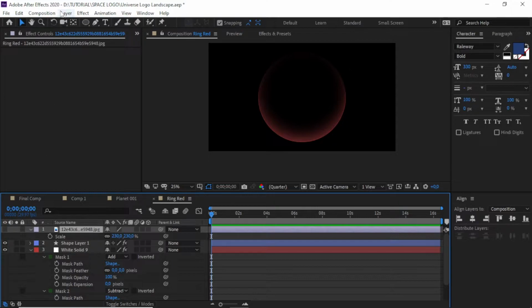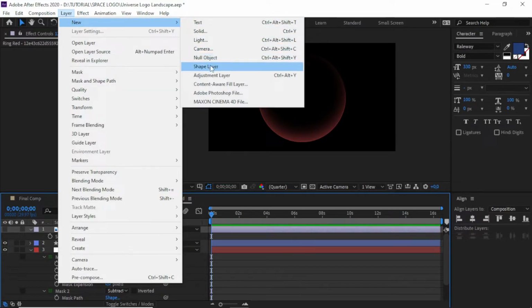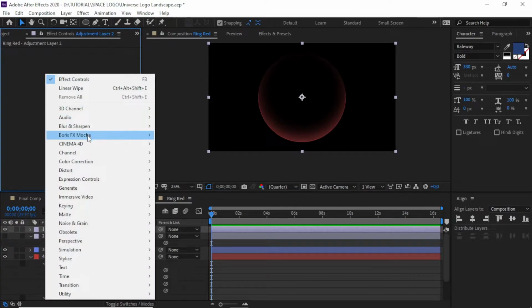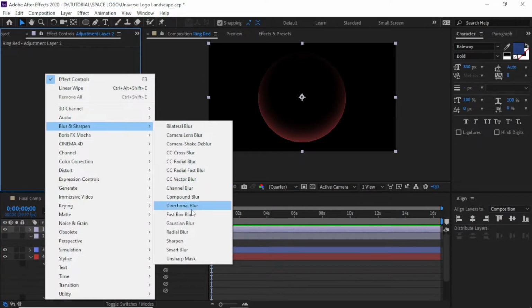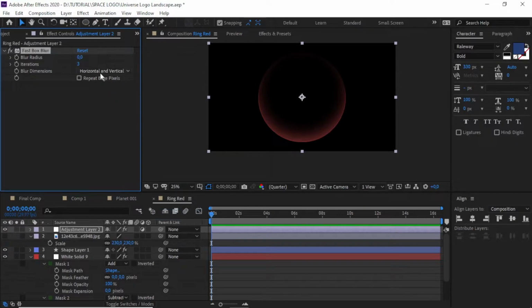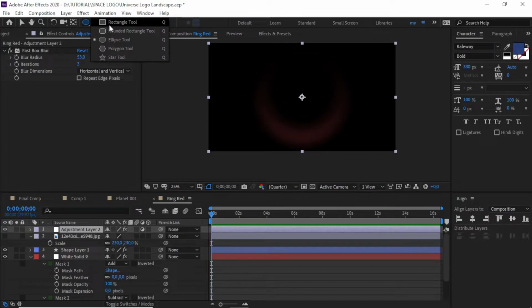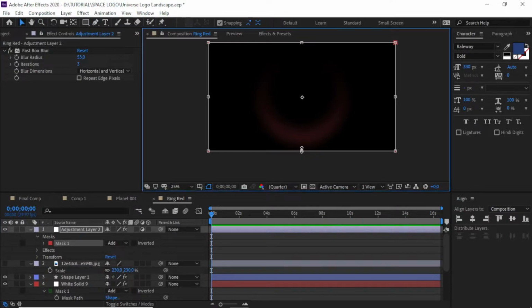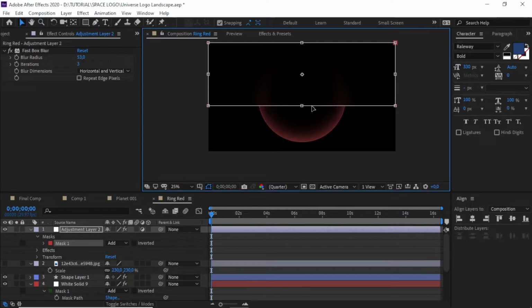And we need to add some blur with an adjustment layer. We'll go to Blur and Sharpen, Fast Box Blur. If we do this, everything will be blurred, so we need to mask the adjustment layer with the mask tool, and we need to go something like this.